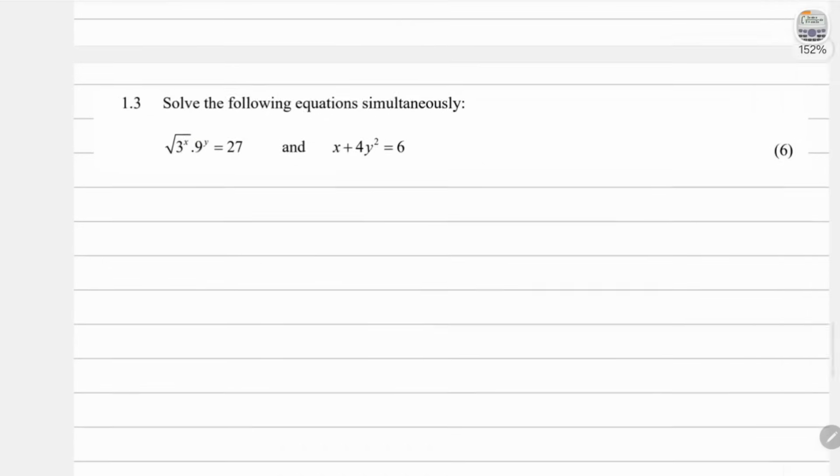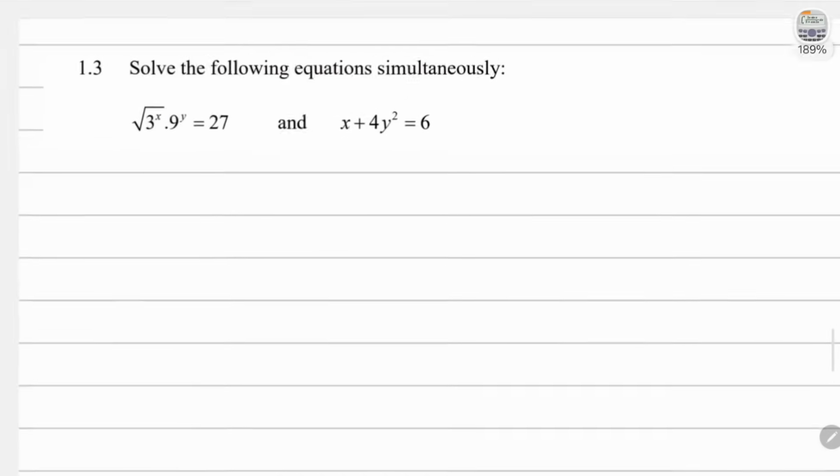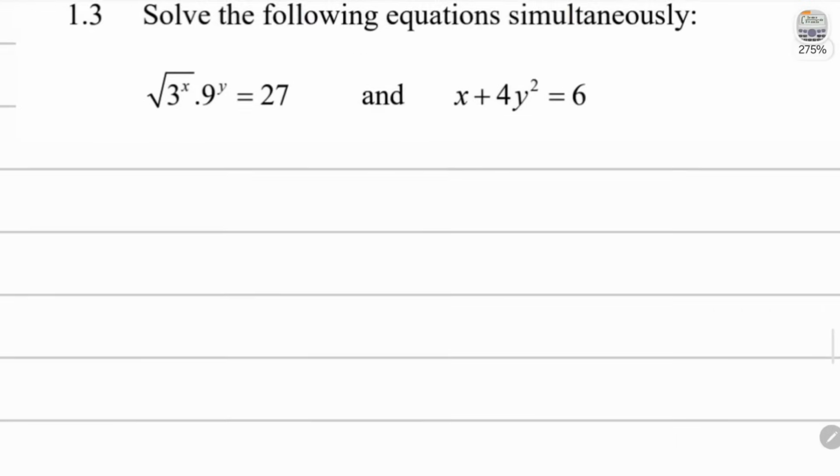Question 1.3 says, solve the following equations simultaneously. Okay, so we have an exponential going on here, and we've got this, where the highest power on y is 2. So you're always going to have to look for the equation that is either linear or can at least become linear. Now, looking at these two equations, we can actually take this further